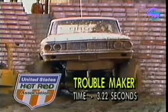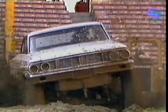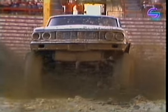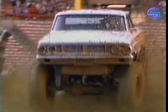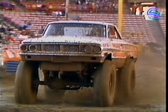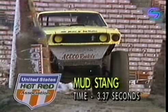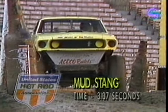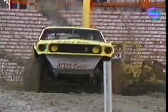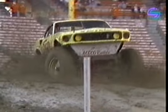Looking at Harrison's run at 3.22 seconds, you can see that he too had to drive around several different ruts just to get it to the finish line area. The question was, was a 3.22 second run good enough to outrun Jim Dara's Mustang? As we look at the slow motion replay, the ET comes up, and it was good enough. Dara slides through at 3.37 seconds, just behind the Galaxy,